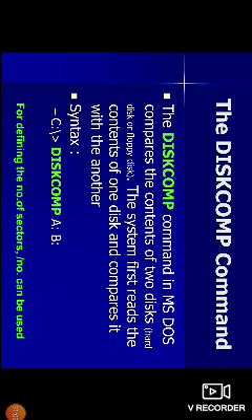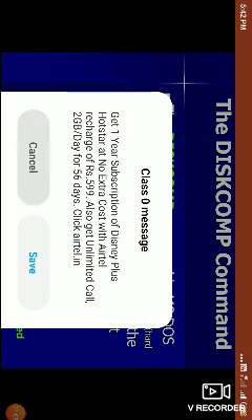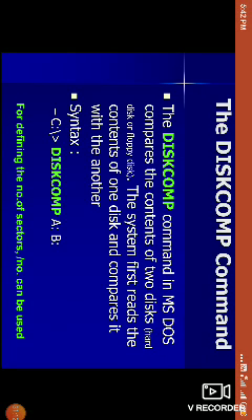So here disk comp space a colon space b colon. So now press the enter key. Now it compares the contents of a disk with the contents of b disk. For defining the number of sectors, slash number can be used.